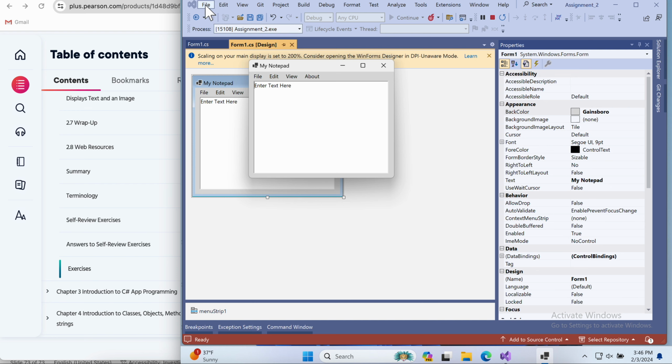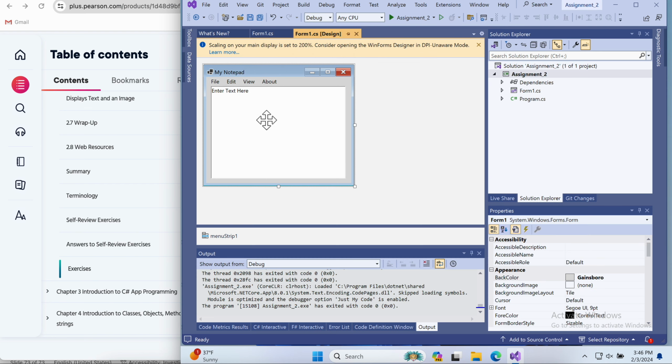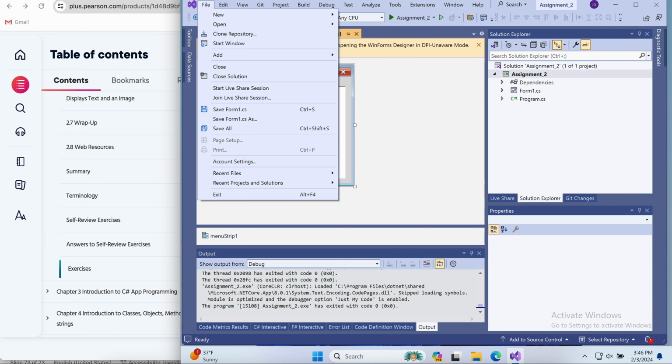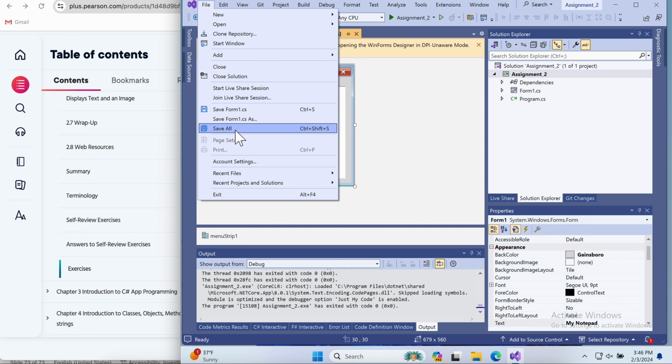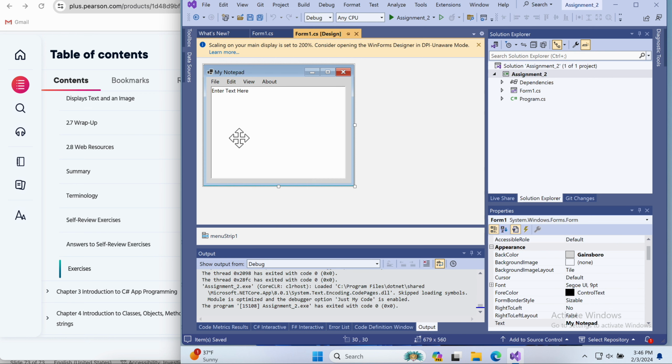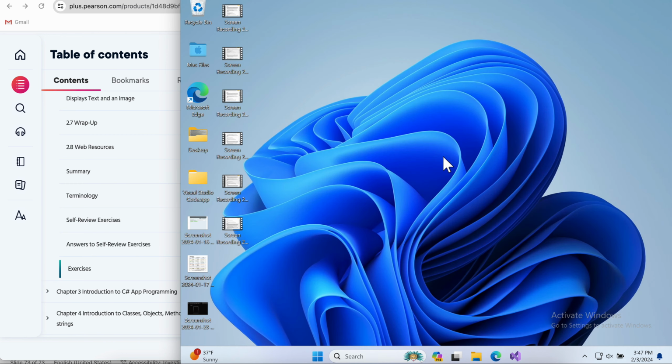Alright, so what you're going to do now is you can stop debugging. You're going to save all. Okay, save all. Alright, and then what you're going to want to do is close out of this, because you can't get to it when it's running. You're going to go to your,